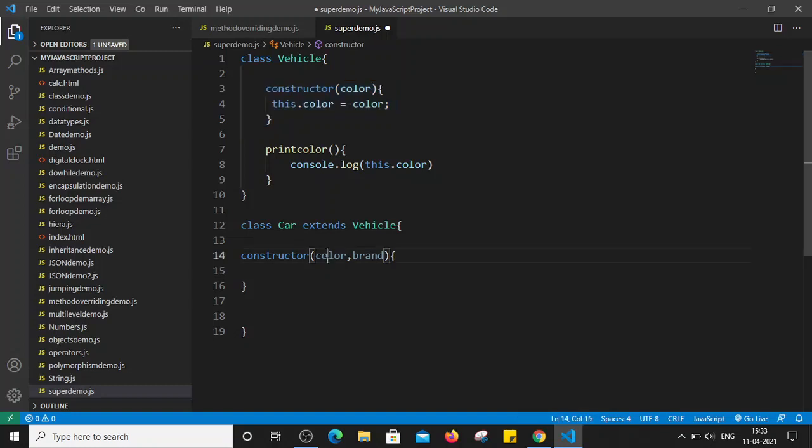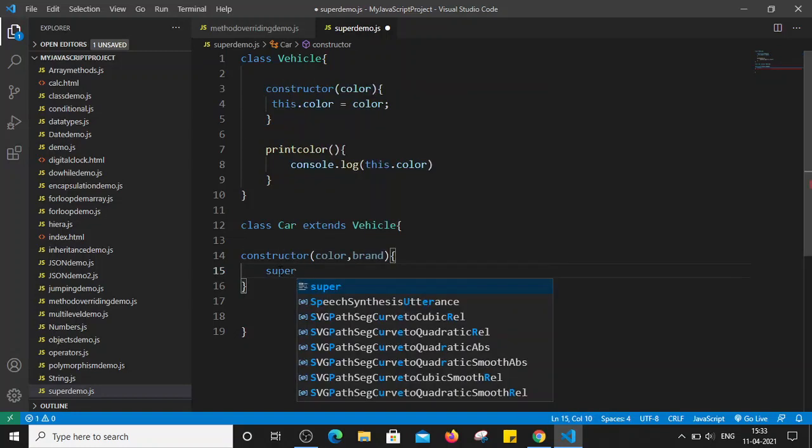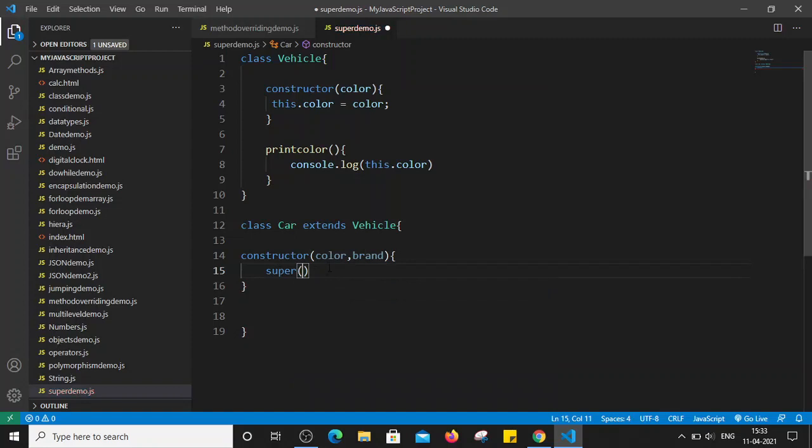So the color which we are passing here, we can simply pass into the super method, and this super keyword refers to the parent class. So the super keyword is used to refer to the parent class, and it will pass this color value to the constructor of our parent class, that is the parent of the Car class.